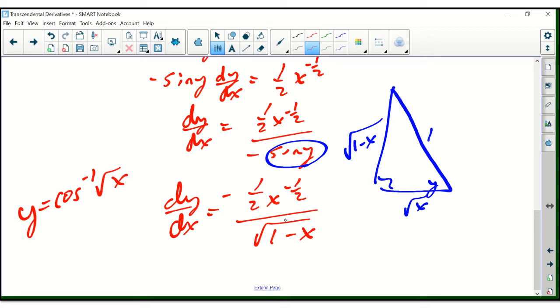And we can see that the answer is negative 1/2 x to the negative a half over the square root of 1 minus x. This would be negative 1/2 x to the negative a half over the square root of 1 minus root x, squared. So what I would ask you now is, after looking at these two examples, have you noticed a pattern